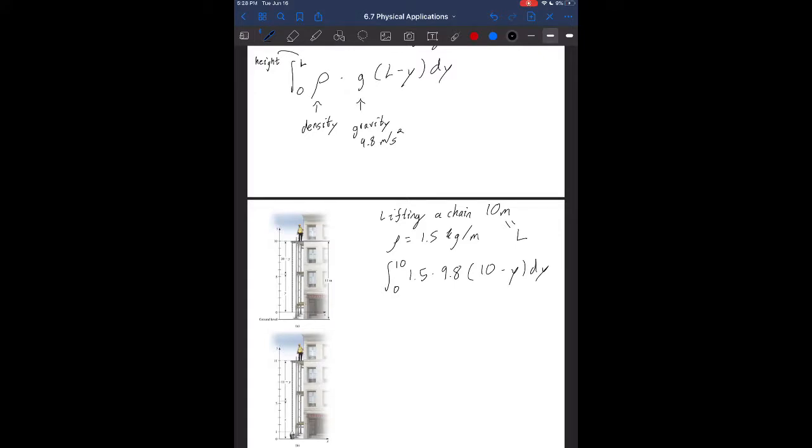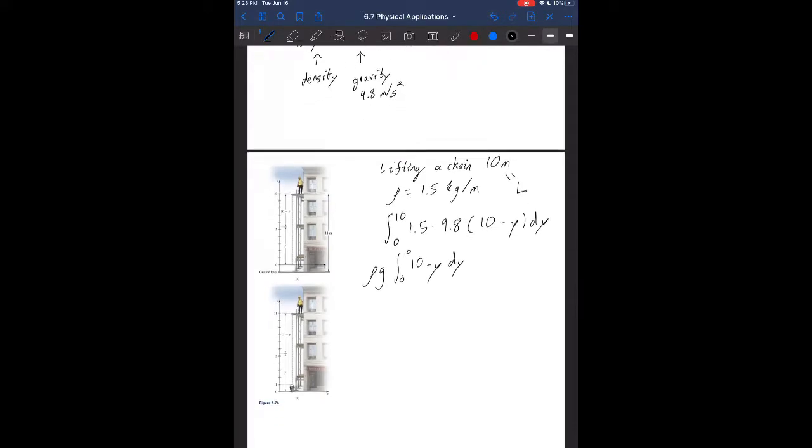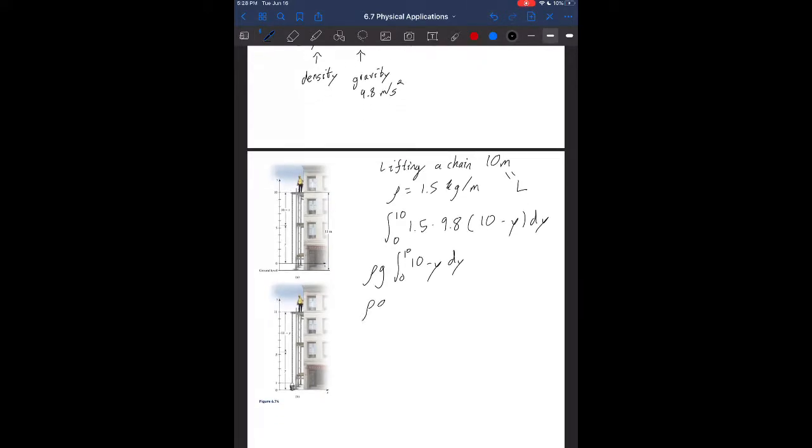Just pulling out the rho and the g, I'll keep these in variables, rho and g, times the integral of 10 minus y dy. Taking integrals, rho g, we get that this is 10y minus 1/2 y squared, evaluated from